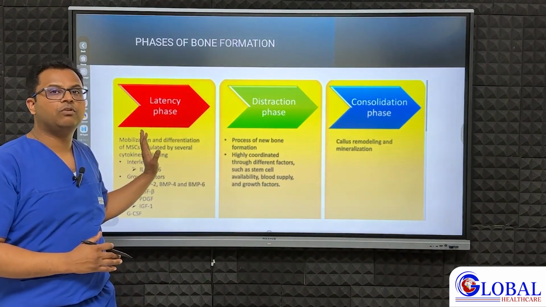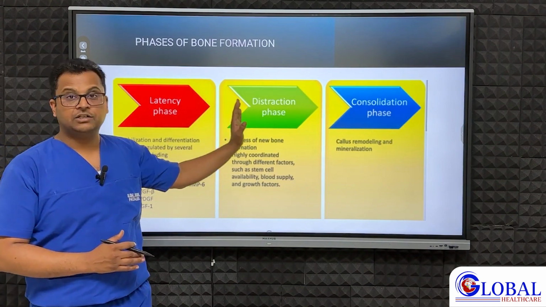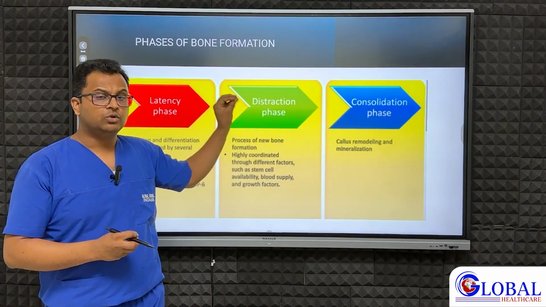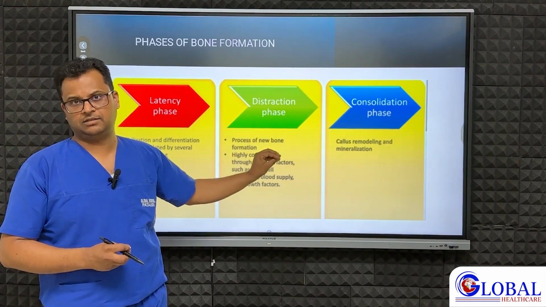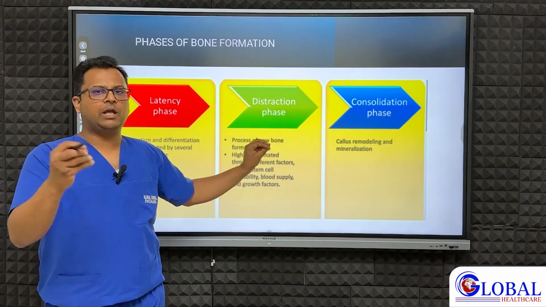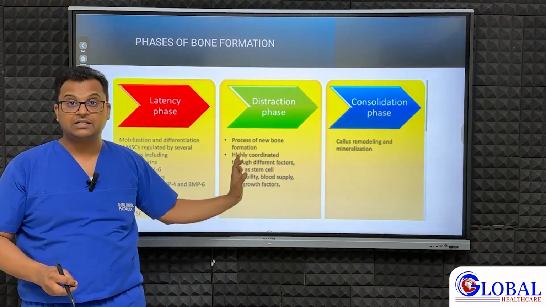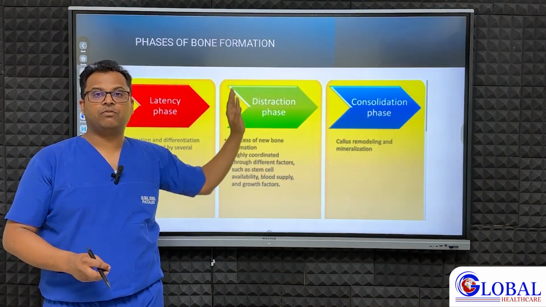There will be a latency period of minimum 7 days post surgery. Then there's a distraction phase which is usually 1 mm per day. If you're planning for 7 centimeters, it will usually be around 80 to 90 days, because we cannot go all the time at the same rate. And finally there's a consolidation phase, which is thrice the time of lengthening, during which